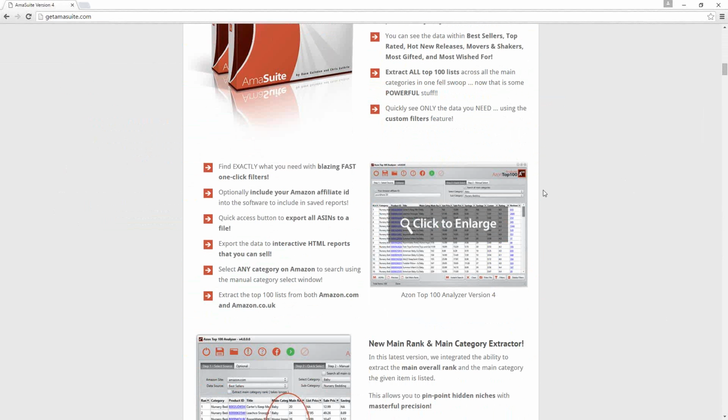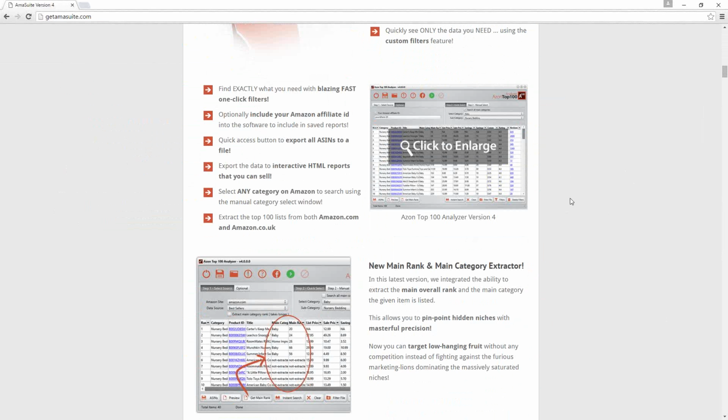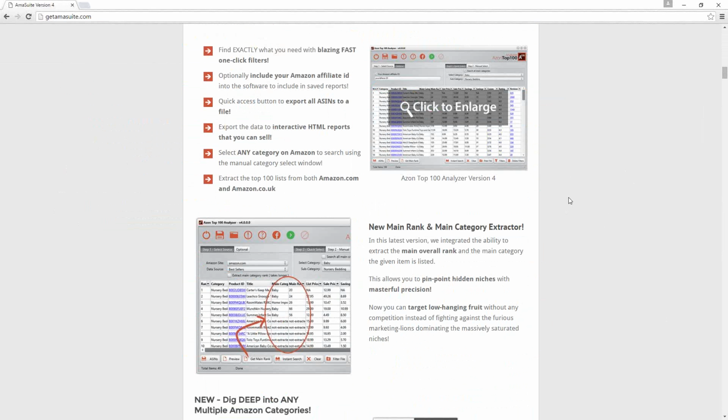Now, for those of you that are using Azon Suite and you do want to utilize it, number one, when you're going through and trying to find possibly a niche, you could use this to hunt down some of the best-selling products, something that would allow you to filter out the various prices and categories and things of that nature that you might be going after. So it can certainly help you to save a lot of time to narrow down the products that you do want to look at.